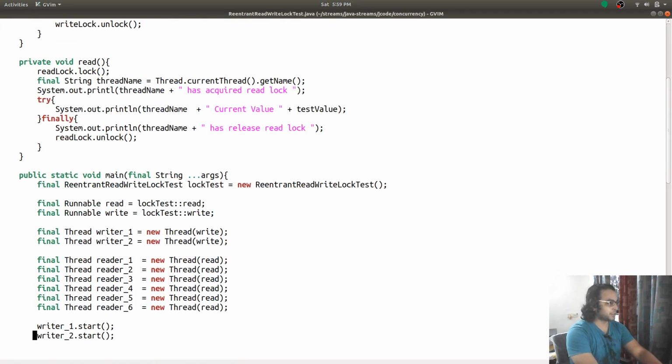add the join function over here. Throws InterruptedException, so we need to either catch it or declare it over here, InterruptedException.